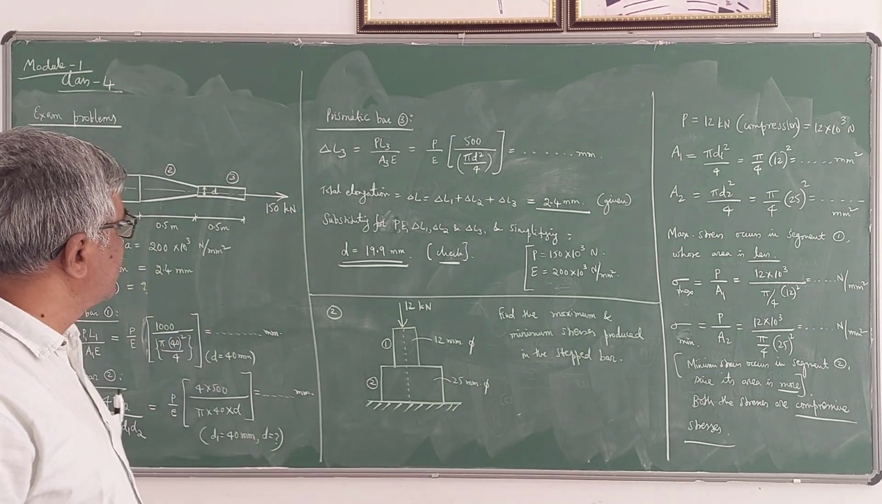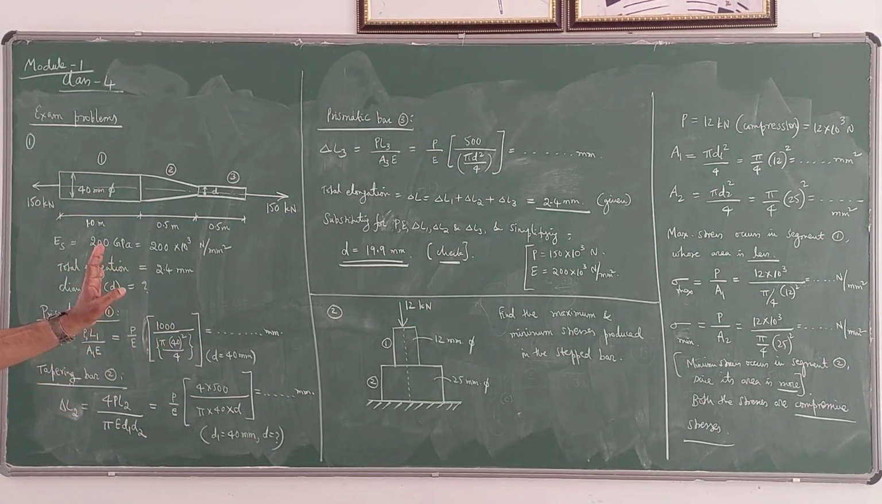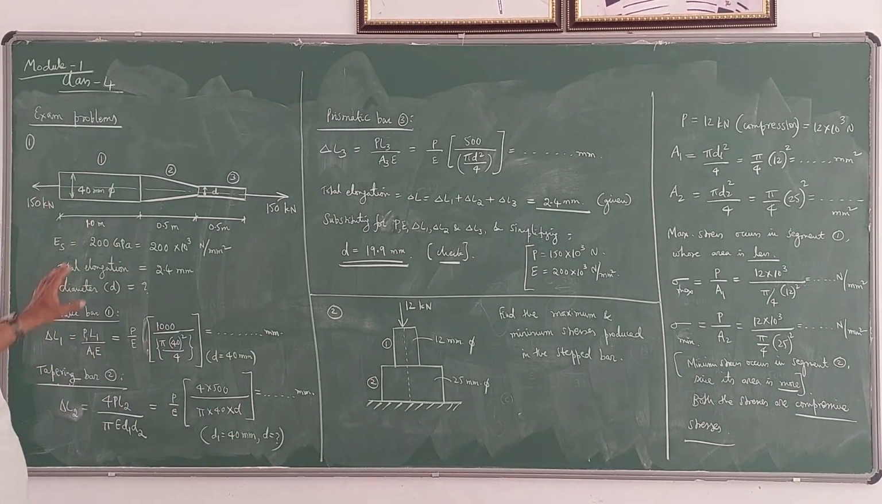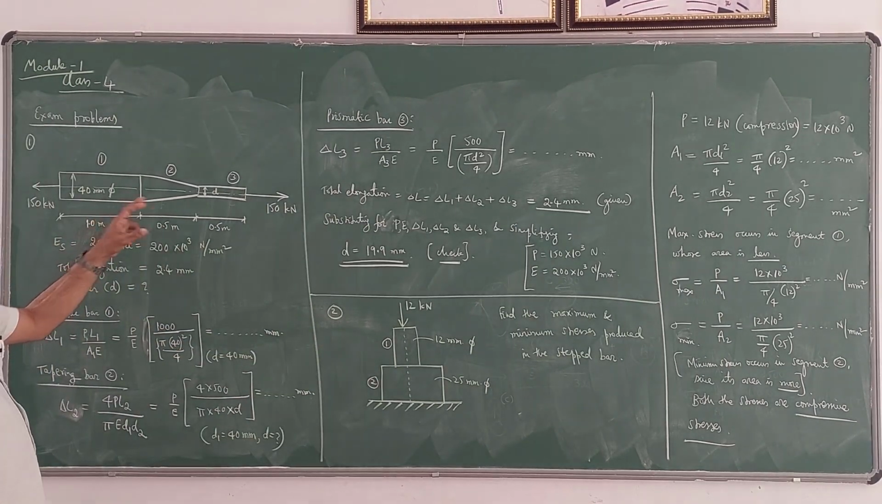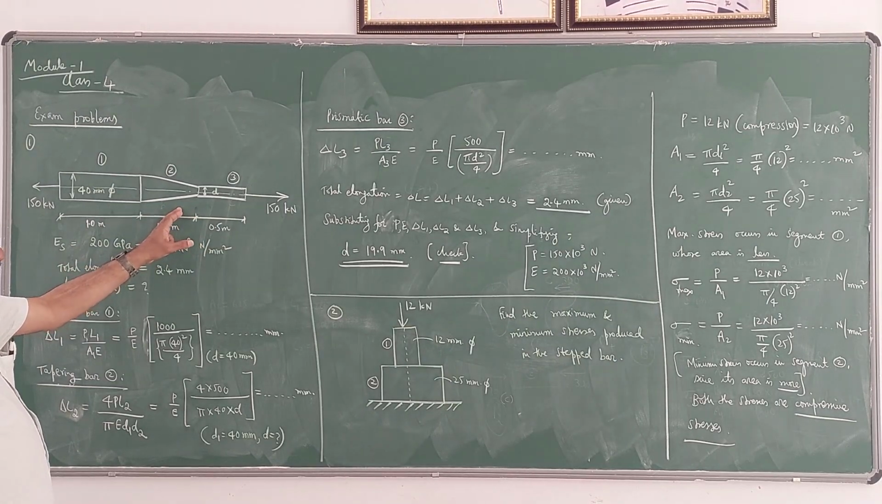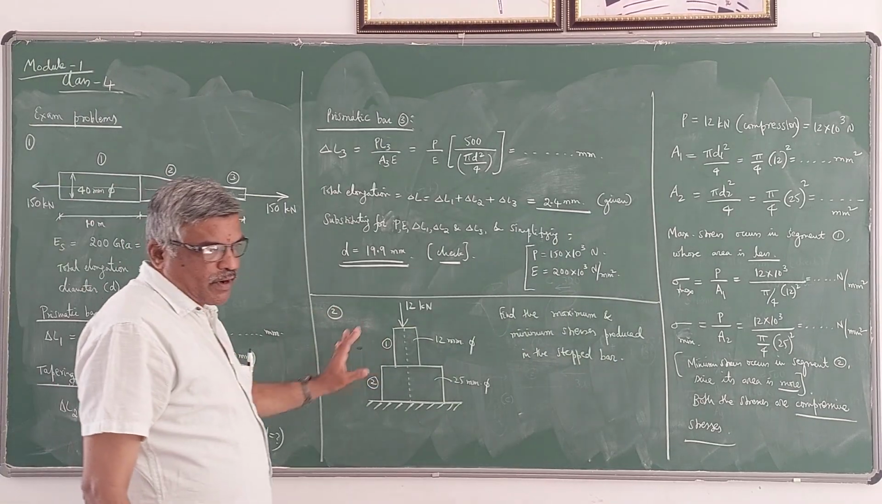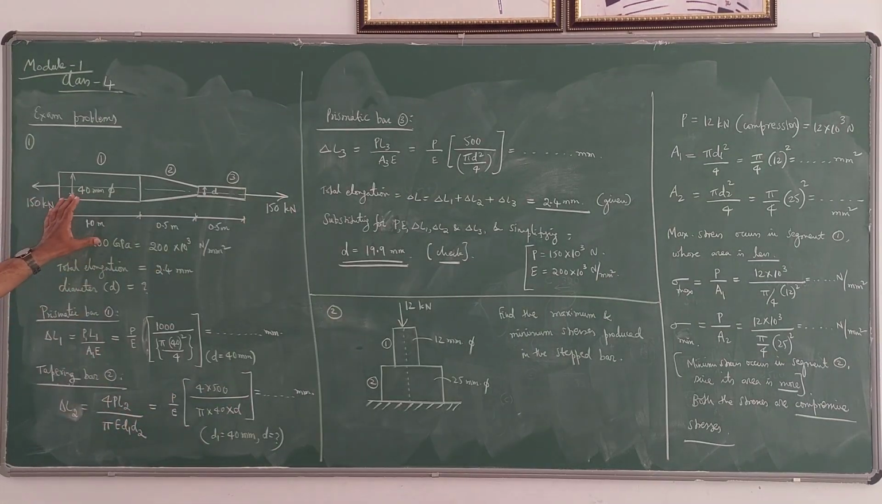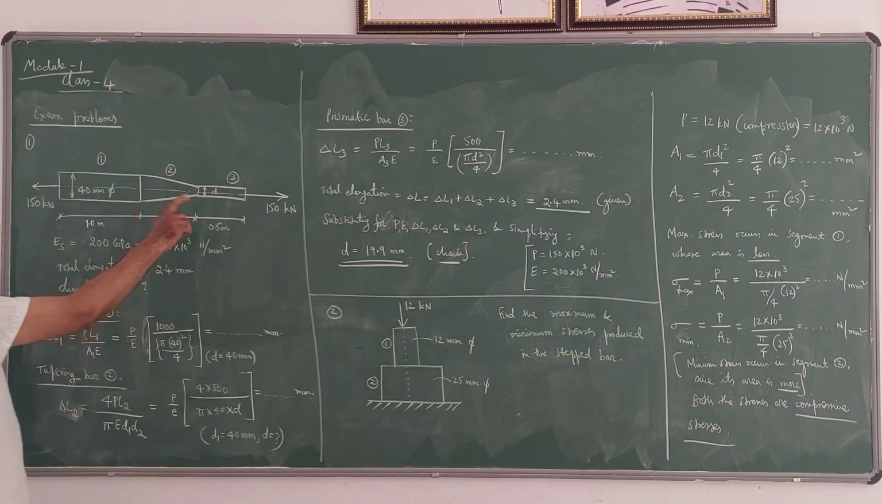My dear students, in this class we will consider two examination problems. One problem comprises a prismatic bar as well as a tapering bar. Another problem has only a prismatic bar, or a stepped bar you can say. So here in this first problem, what he has given is a composite bar which consists of three